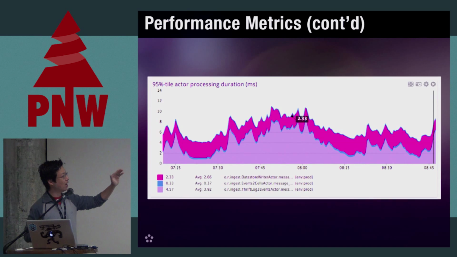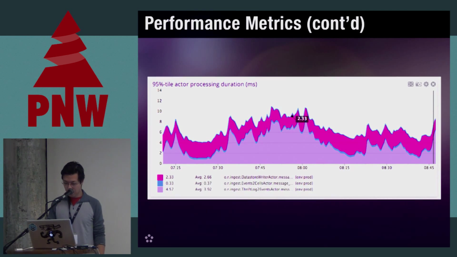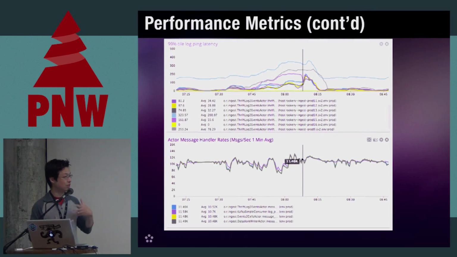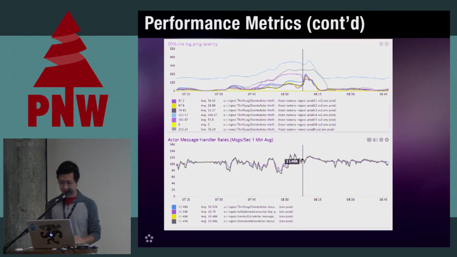And you can see over time that the time spent in each actor class varies, and you can pinpoint that something might be happening with this light pink actor. And in fact, if we correlate to other metrics, that is true. If we correlate to the latency happening through the system, we can see that the point in time when there was a spike also happens to be when things are getting delayed. And so, yeah, it's been a pretty useful debugging tool to measure it.